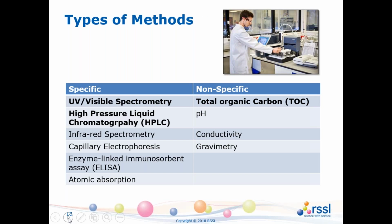So types of methods. This is a topic that's been covered quite a lot in recent years with regulatory involvement, and really depends what situation you've got in terms of where you are in your product life cycle. How long have you been doing your cleaning validation and subsequent cleaning verification for? Normally, non-specific methods are frowned upon because they don't give you enough information. However,